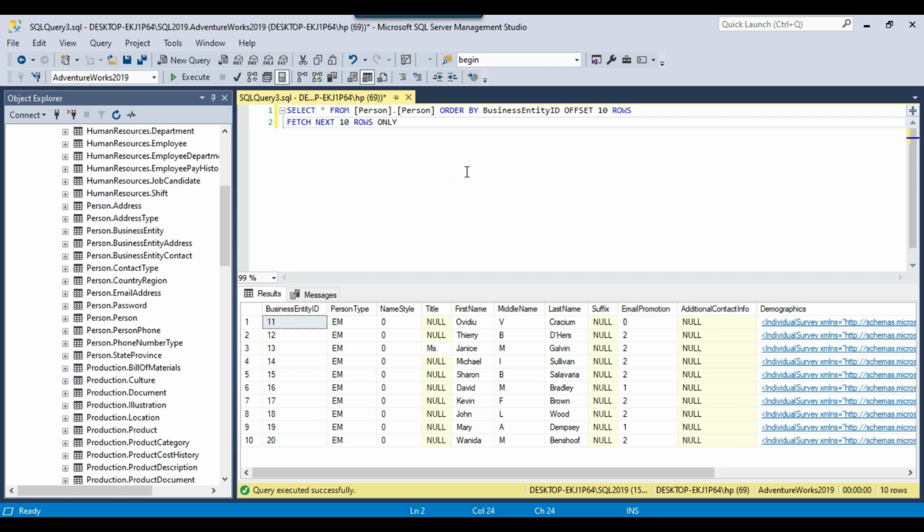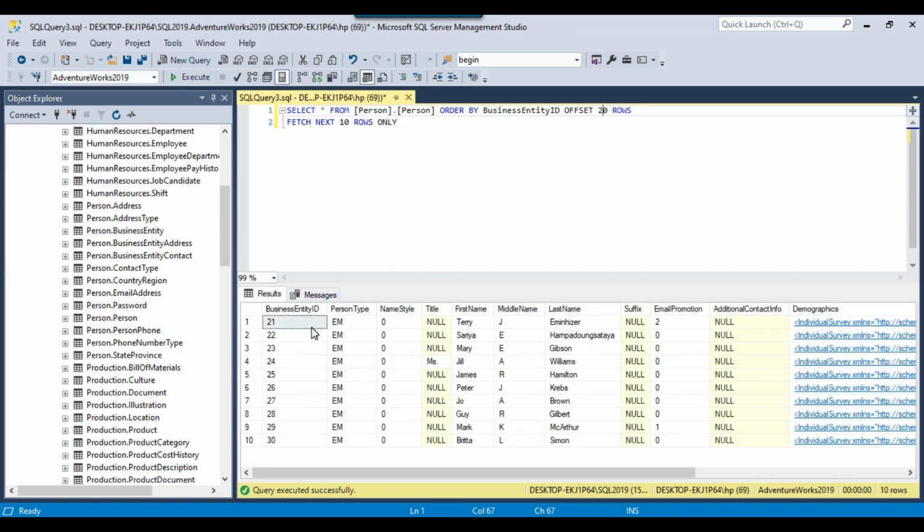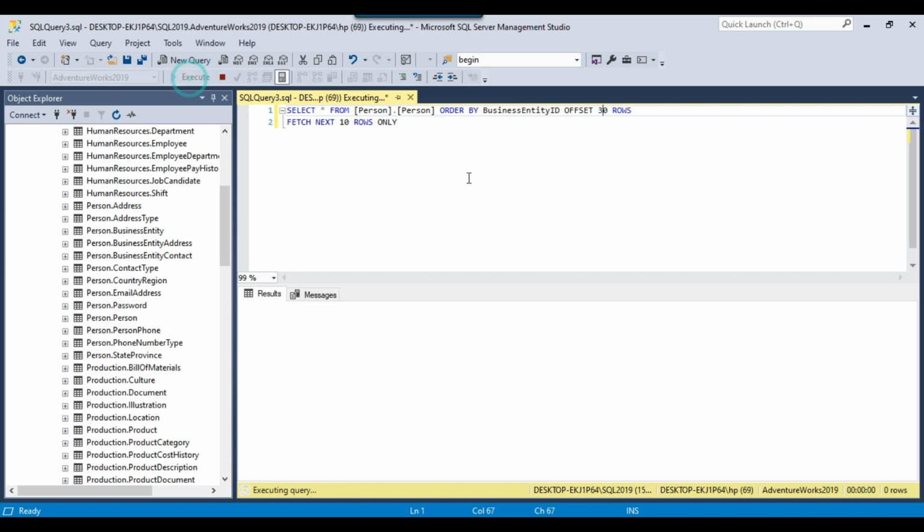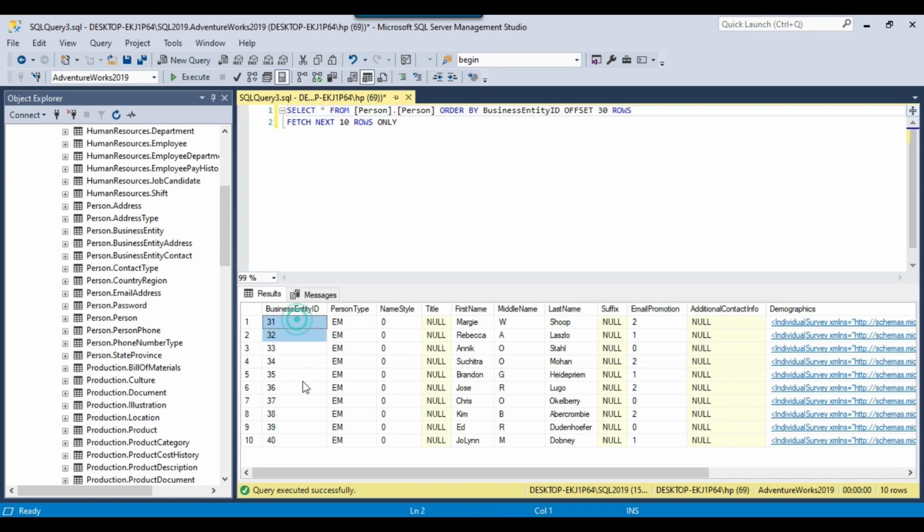Now suppose you want to display the data after 20 rows, you can write OFFSET 20 here, and if you execute it, it will start displaying the data from the 21st record onwards. And if you want to display the data from the 30th row onwards, you can write 30 here, and if you execute it, it will display the data from the 31st record.